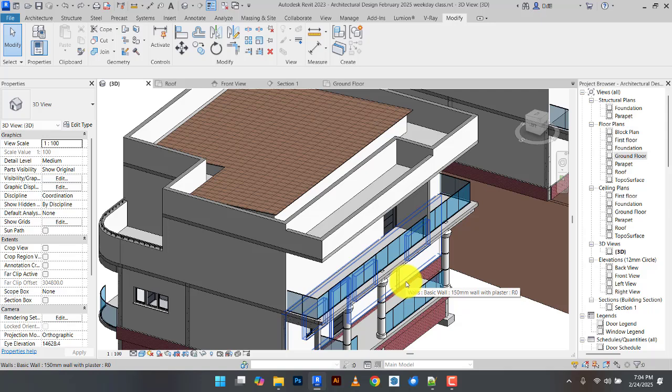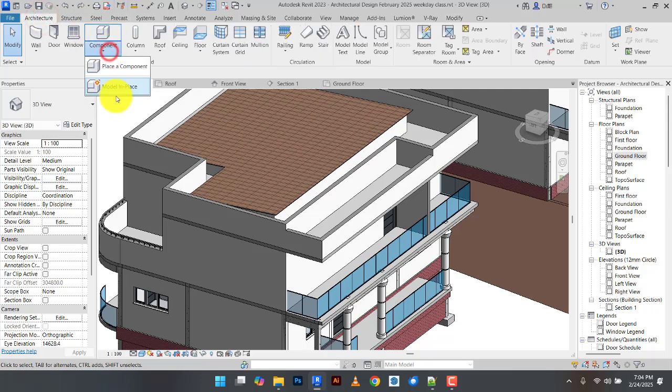That's what we use for the step, the one at the front. We use model in place for it. We use model in place for the ramp. We use model in place for the pergola and all those things. It's model in place. You're modeling it yourself in place. To model in place the coping here, you click on Architecture,